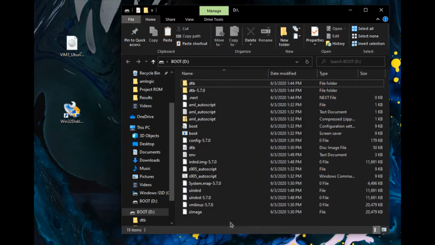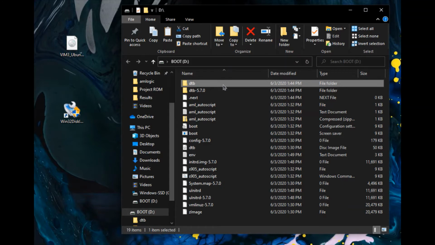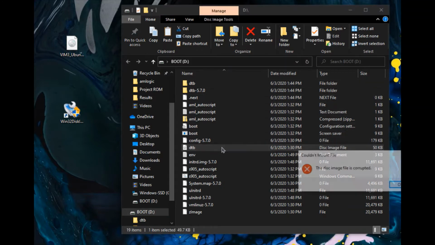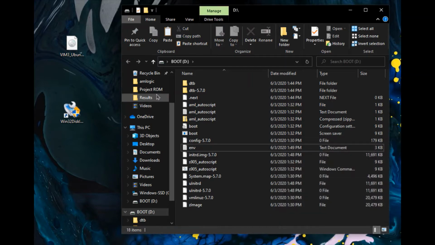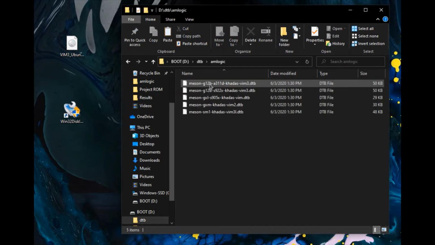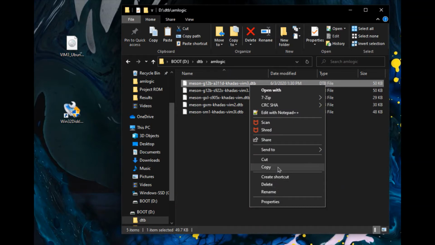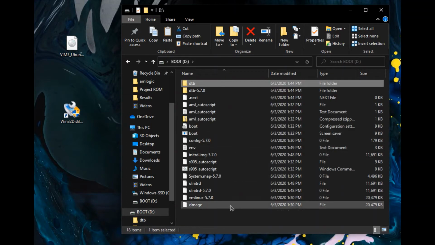If you're using a different VIM, maybe the VIM 1 or the VIM 2, you have to go ahead and edit the DTB file. So basically, take this DTB and go ahead and delete it. Then go to this part and select the one you're going to be using. I'm going to be using the vim3 dtb file. Go ahead and copy that right here,